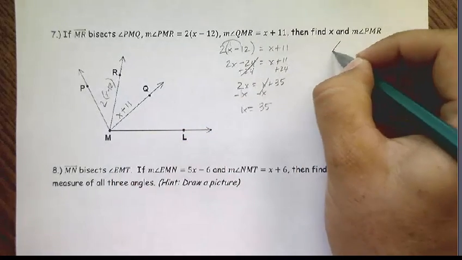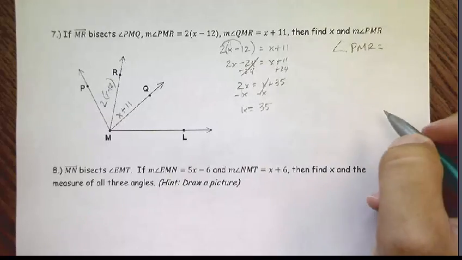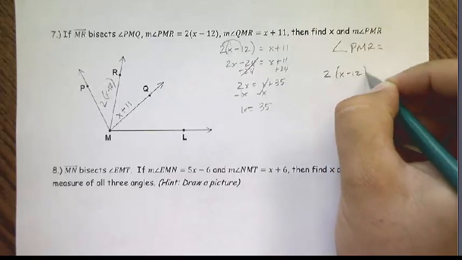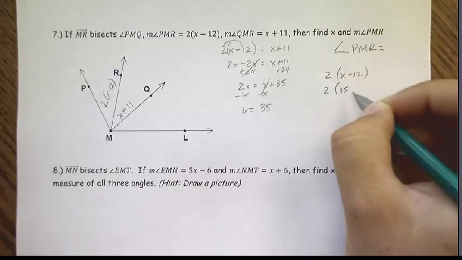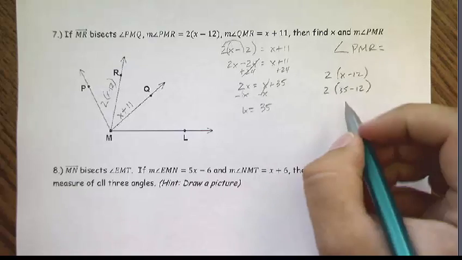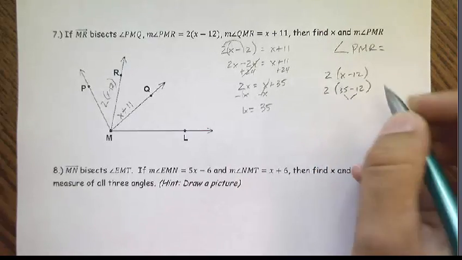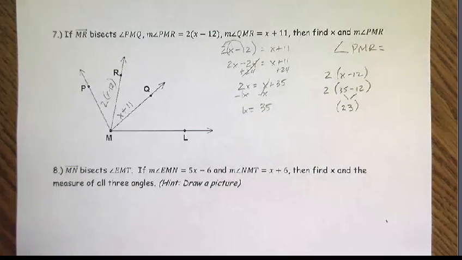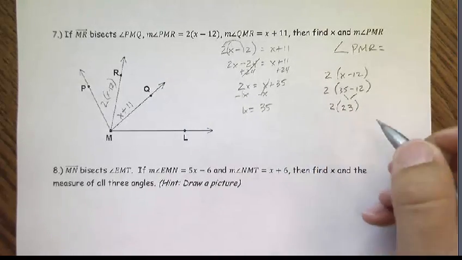So I'm trying to find angle PMR equals. So I'm going to plug it in. First write out which equation I am solving for. So I'm going to write in 2 times the quantity 35 minus 12. Since 35 is my x, I'm plugging that in. I first solve what's inside the parentheses. So 35 minus 12 is going to be 23. 23, and I bring down my 2. So 2 times 23 is going to be